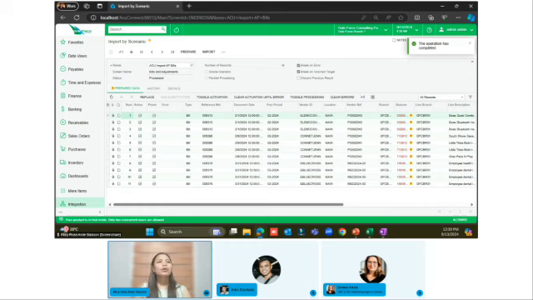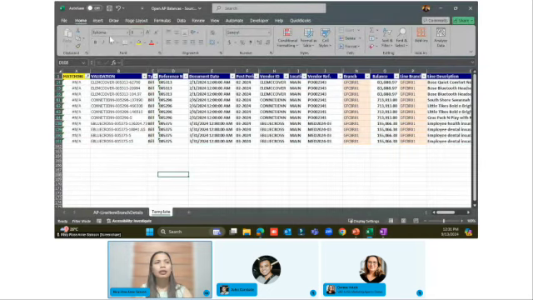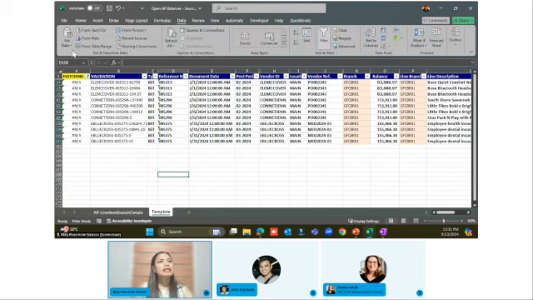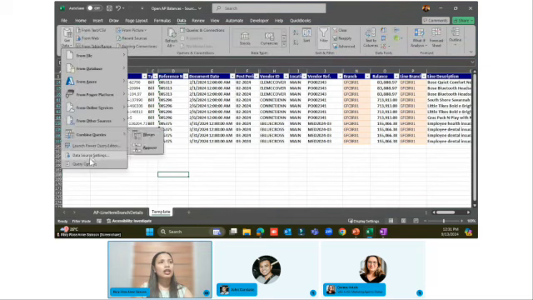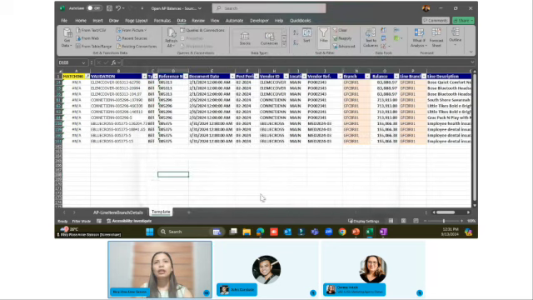Let's go back to Acumatica and refresh our data. So let's go back to our Excel file. Since we have established an OData connection for this Excel, which is this one, you don't need to redo the connections again. It's in there already.